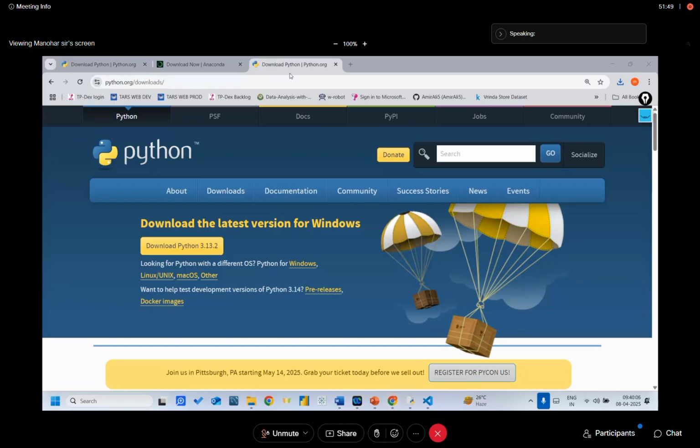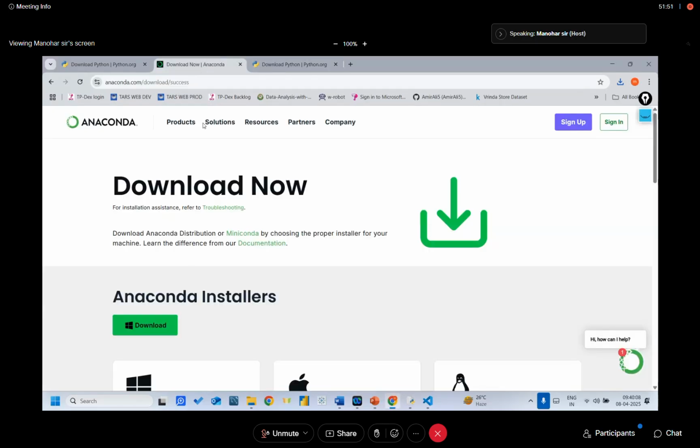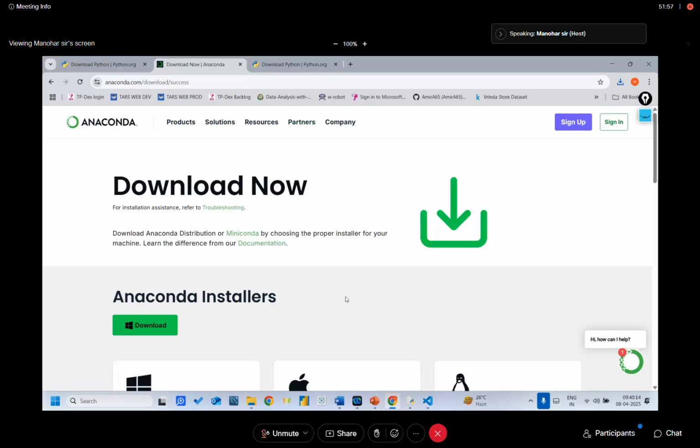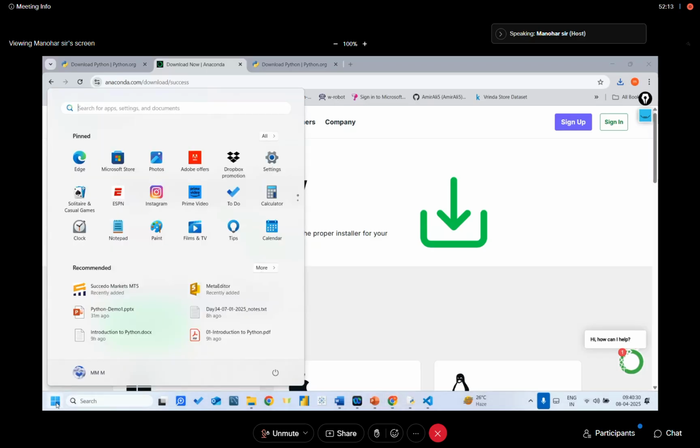The other way is, as I told you, you can download Anaconda, download this and install this. There are two ways. It is automatically installing in our system without any manual configuration. Earlier we had to set the path and all. Now it is not needed. Automatically, when you install it, then directly